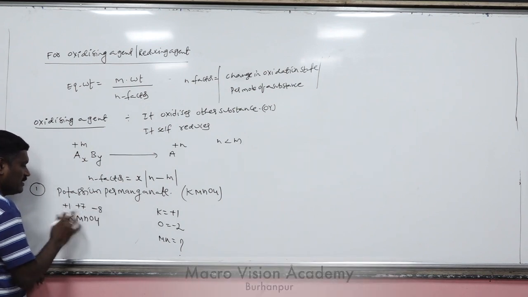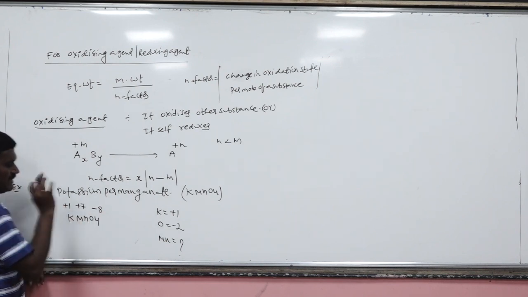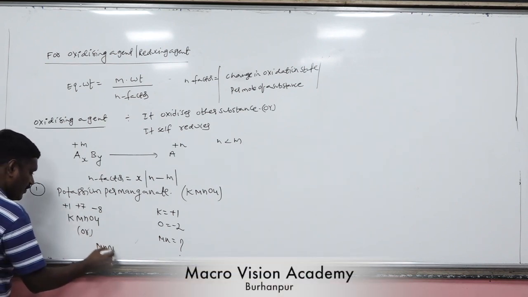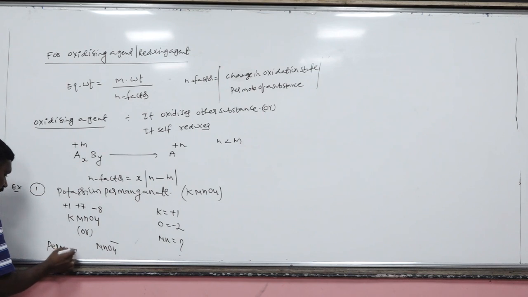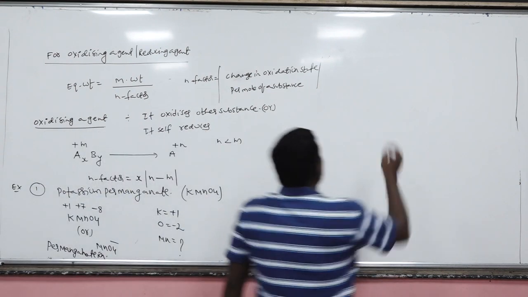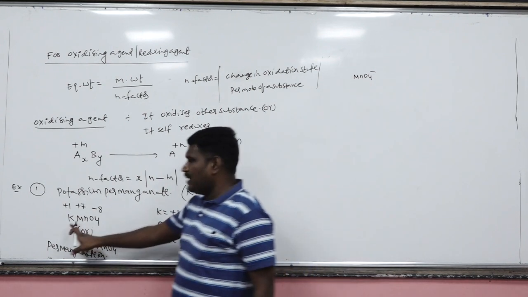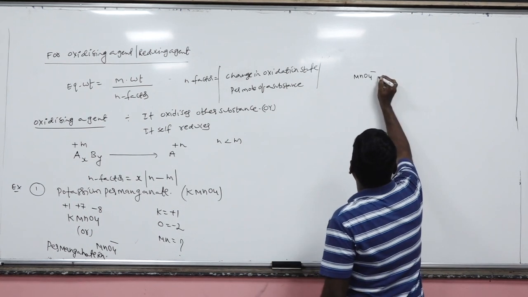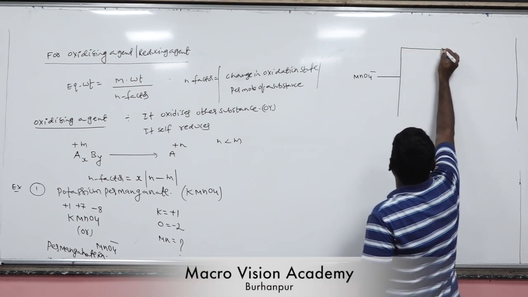Here the positive charge is +1. So the total of the positive charges and negative charges will counterbalance for a neutral species. So manganese oxidation number is +7, or shall I write this as MnO4 minus. This is the permanganate ion. Now, in this permanganate ion, potassium is a spectator, no need to write the potassium because there is no change in the oxidation state of potassium in reactant or in product. In potassium permanganate or permanganate, there are three different cases we have to study.